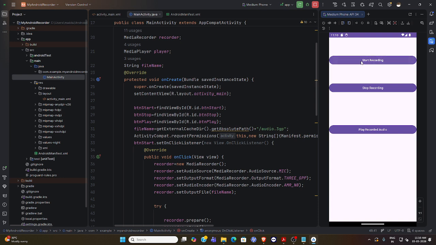Start recording. So the mic is on, it is starting the recording. Stop, the mic is stopped, means start recording and stop recording are working. Whenever I click on play recorded audio, it is playing. Actually the audio is not audible here because there is no speaker on my system. You need to test it on your system. Okay, so once it is completed,